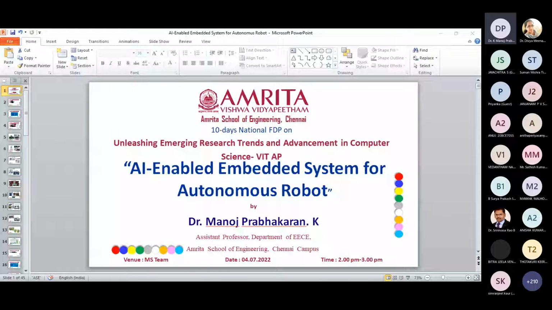Now we are going to look only at the autonomous mobile robot. Whether it is manipulators, moving vehicles, or UAV models, that is drone models, these all come under the autonomous mobile robot. We are going to see how embedded modules can be related to our autonomous mobile robots. So next is the autonomous mobile robot. This picture shows the outline of autonomous robot capability.